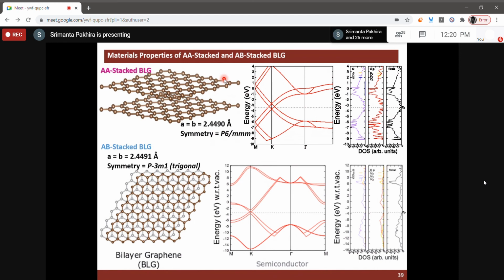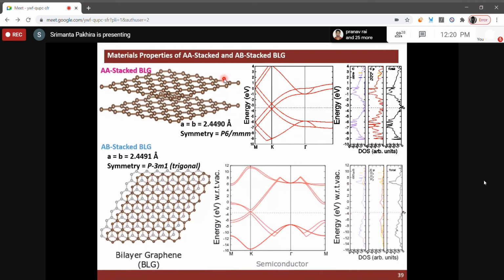But I'm happy to tell you that we do not need each and every atom. Here, when we impose the symmetry, it will automatically count the rest of the atoms which come from the symmetry. So our intention, when we develop some material, is that we must have the symmetry. If we don't have the symmetry, then computationally it will take a long time and be costly. When we intercalate, we have to find out the symmetry.